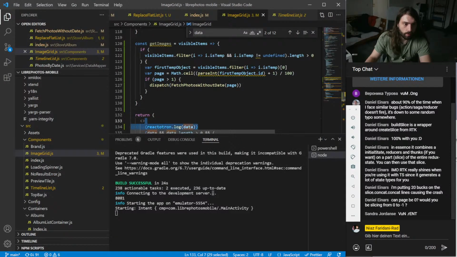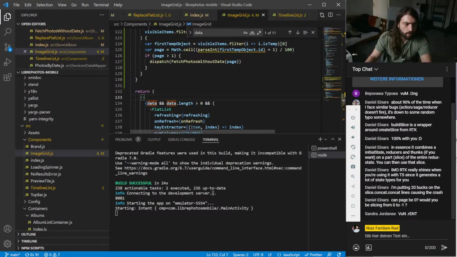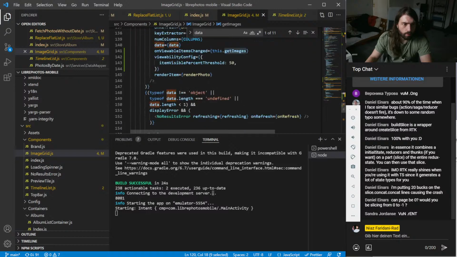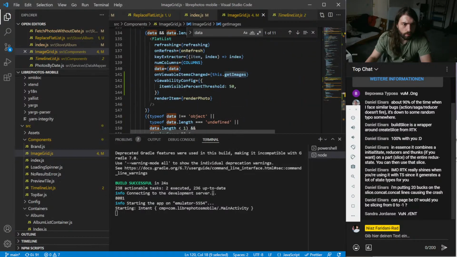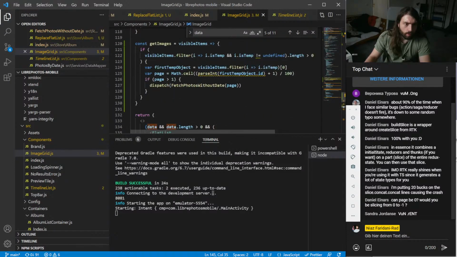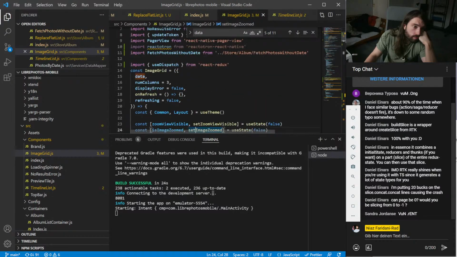I don't know. So we get the data. It's a bit differently built up. So cool. Let's check again how the data flows.